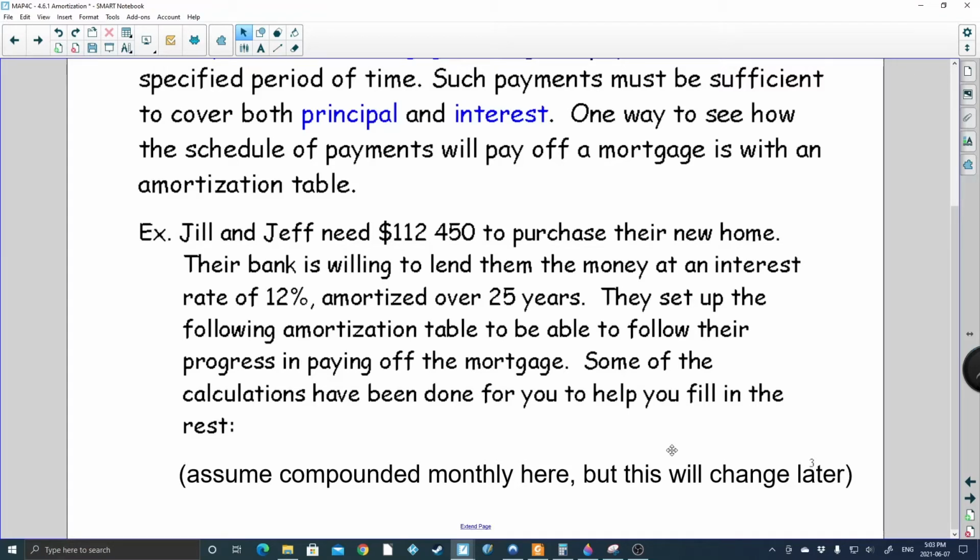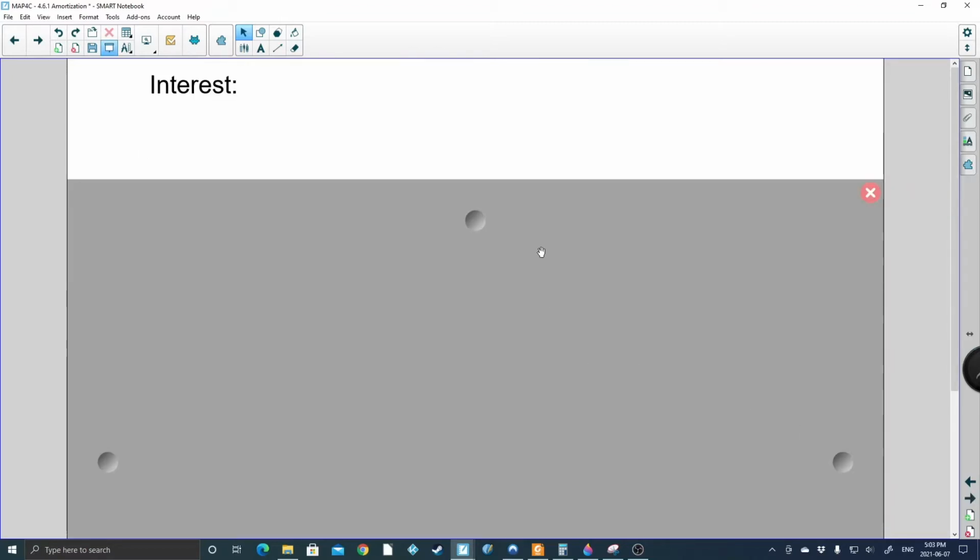actually not how a Canadian mortgage works. I just wanted to start with this one because it's more similar to the questions on compound interest that we did recently, and we'll get through the specifics of how the table works, and then we'll add the extra layer of a Canadian mortgage. So the first thing we're going to do is calculate the interest that's monthly, and the